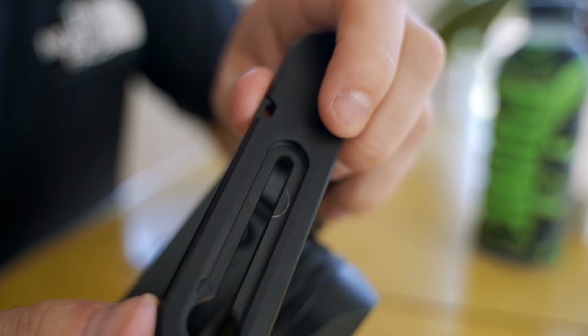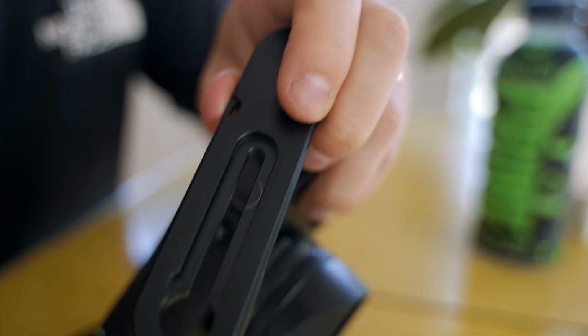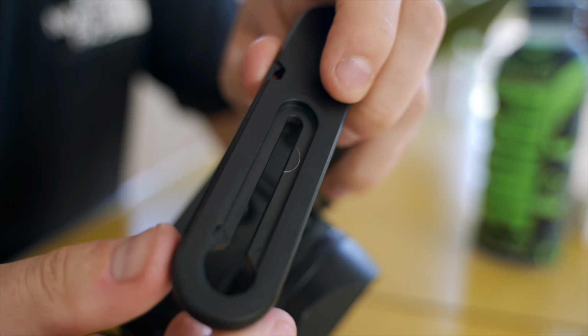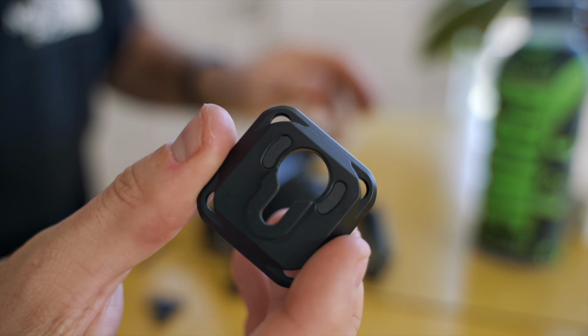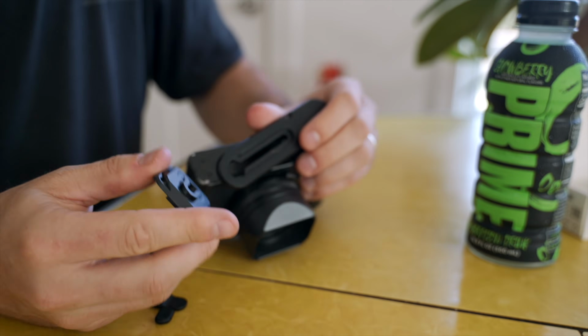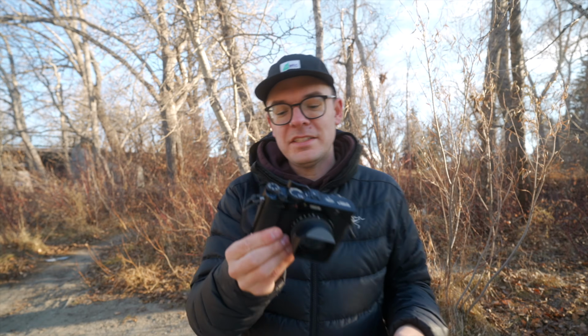I noticed that the paint on the plate started wearing away right away, which is kind of unfortunate, but if you want to put your bolt in the same spot every time, maybe you can use this as an indicator. I think it's thoughtful to include a specific tripod mount for this product. This one's a little different than most Arca Swiss tripod plates, and this one's got magnets, so you're not going to be losing it. One of the hesitations I had before purchasing the micro clutch is that it would not